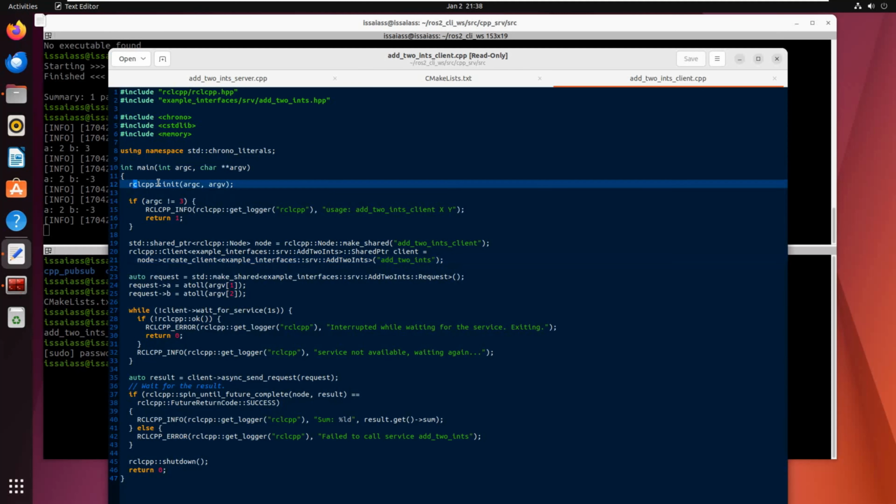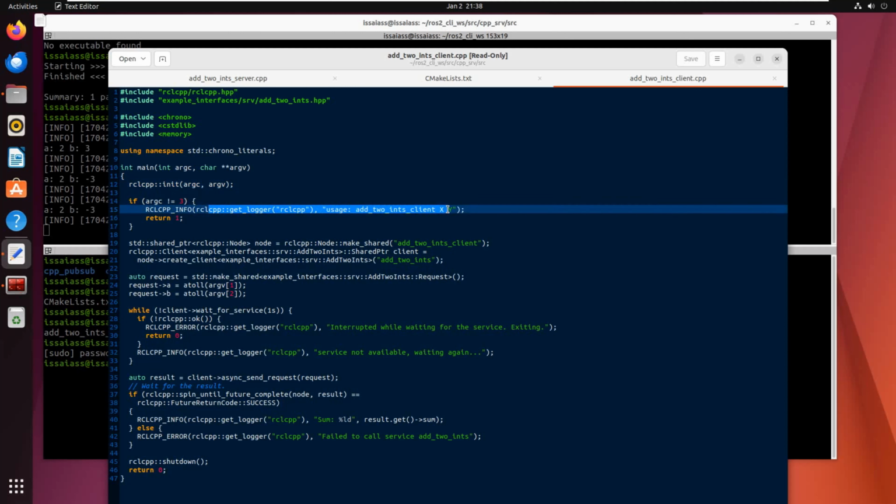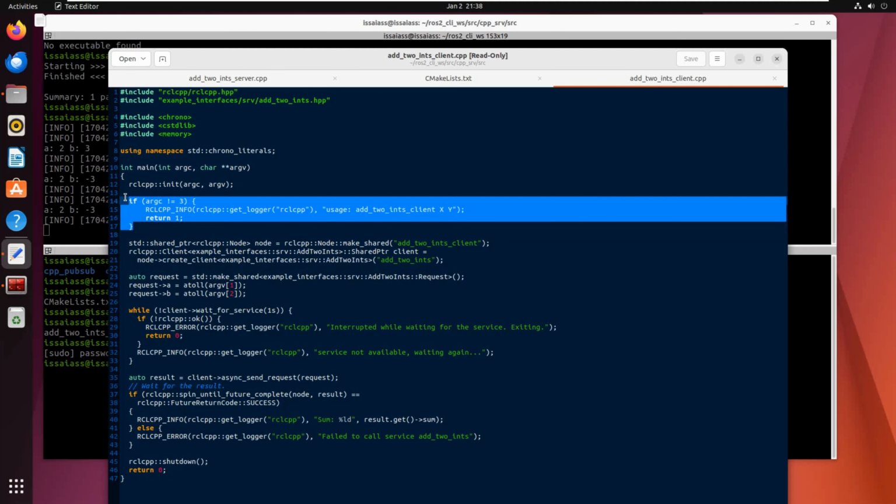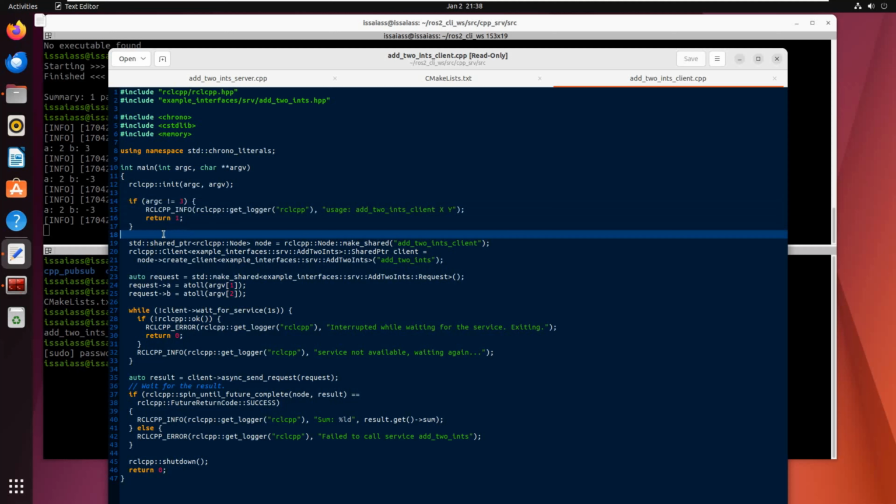So the first thing is to start with initialization of the node with the argument counter and argument vector. And if the argument counter is different from 3, we will put a logger about the usage and we will return a 1. If not, we will continue the execution of the code